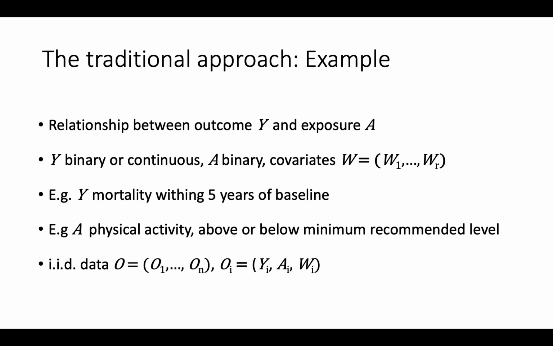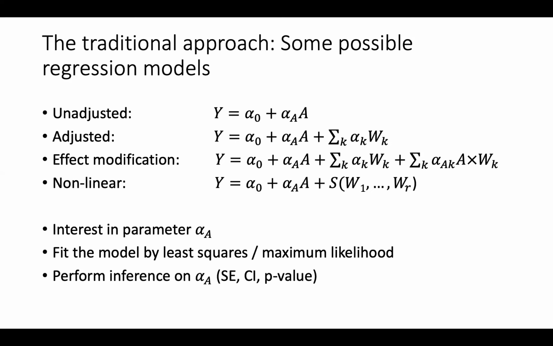And we have our data, which we conceptualize as independent replicates of the same thing. So we sample N subjects, and O stands for, following the traditional notation for targeted learning, the observed data. We have N units, so N subjects in this case, and for each subject we are observing the trio of the outcome, the exposure, and the vector W of covariates. Okay, so what would we do traditionally